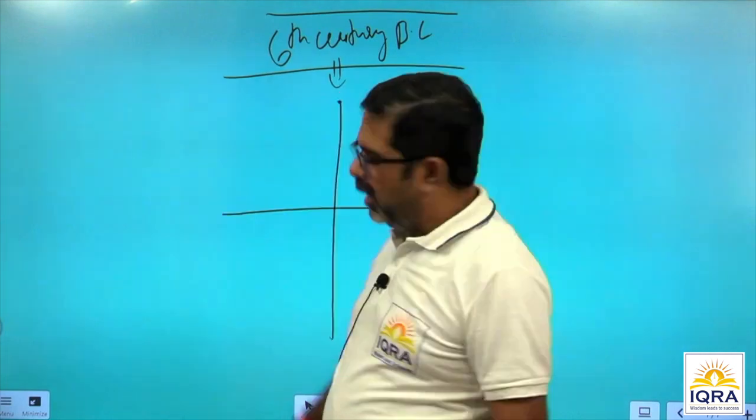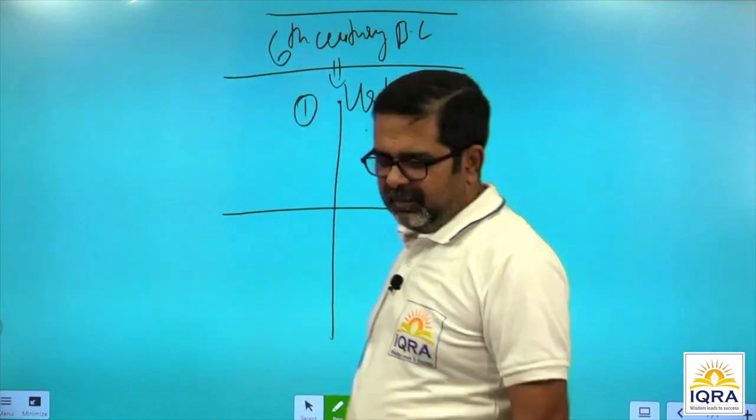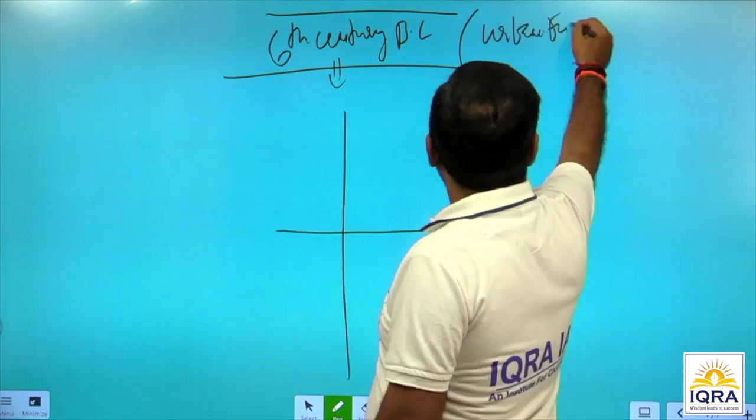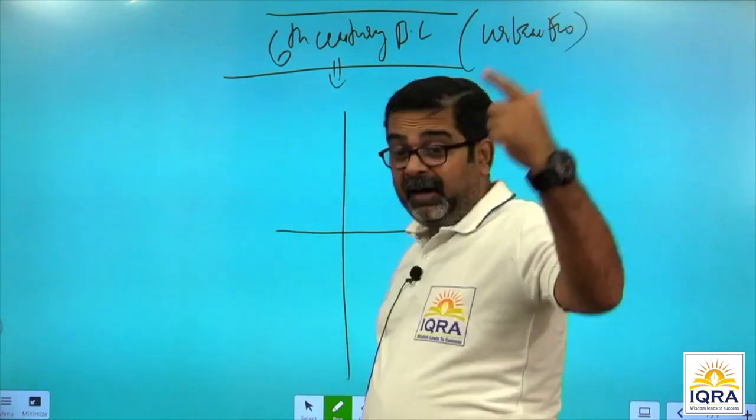Urban economy. 6th century BC, urban economy. Rig Vedic, subsistence economy. Later Vedic, agriculture economy. 6th century, urban economy. First feature,